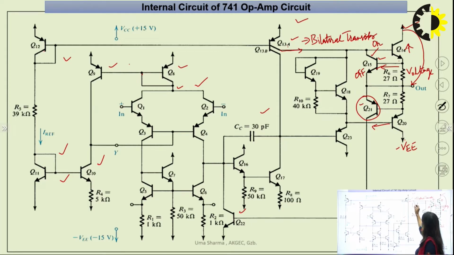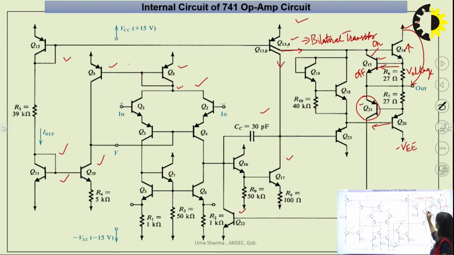One current can be drawn from Q13A and second current can be drawn from the Q13B. But if you see the structure of Q12 and Q13, it is forming a simple current mirror. So this is another current mirror or biasing circuit which is going to bias the second stage. So this Q12 and Q13B is used to bias the second stage, and similarly you can see the transistors like